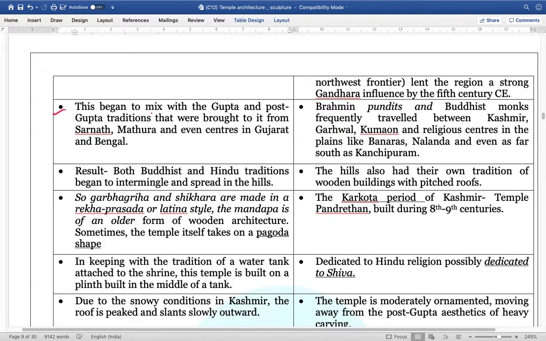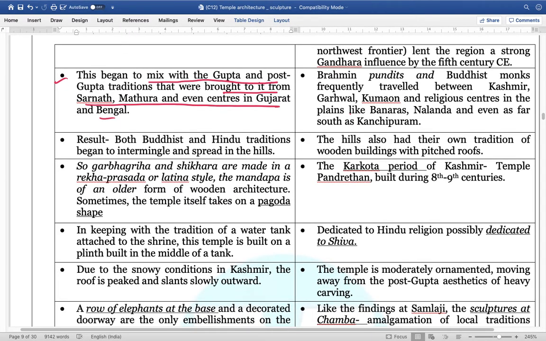This basically began as a mix of Gupta and post-Gupta tradition that were basically brought to it from the Sarnath, Mathura, and even in the center of the Gujarat and Bengal. Basically, what was happening was that the Brahmin Pandits and the Buddhist monks frequently traveled to the regions of Kashmir and to other areas also, Nalanda, Banaras, Kanchipuram, and therefore the result was that both Hindu and Buddhist tradition began to intermingle in these areas, and therefore the Garbhagriha and the Shikhara are made basically in